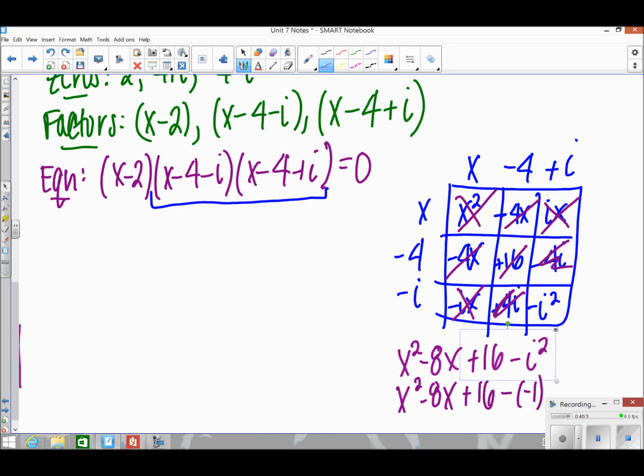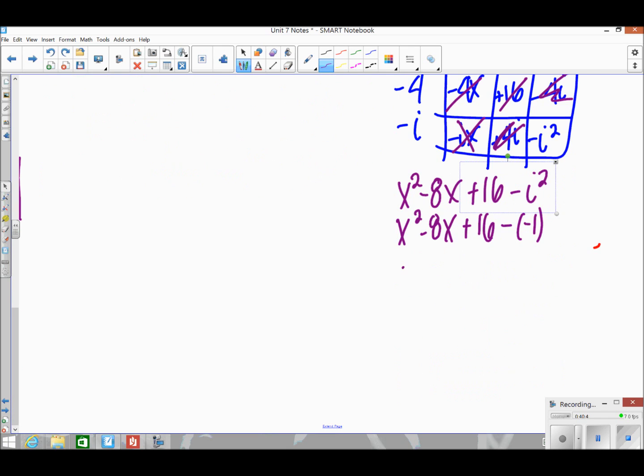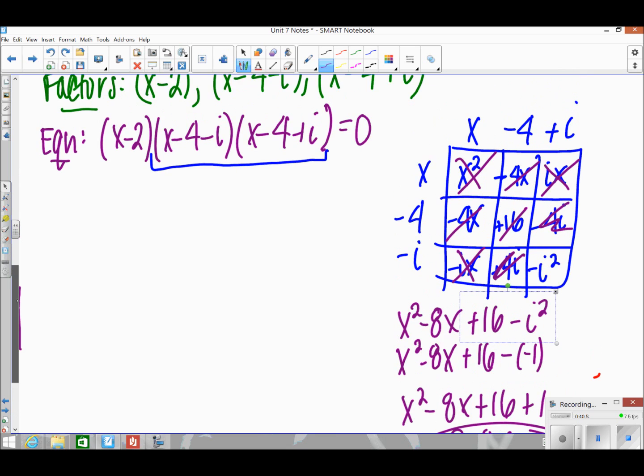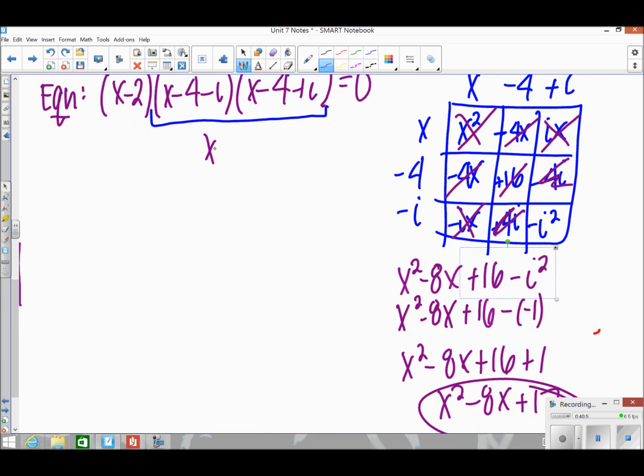So really, it becomes x squared minus 8x plus 16 plus 1. So x squared minus 8x plus 17. That is just what goes here. So we have x squared minus 8x plus 17 is just from this piece that we have to carry down